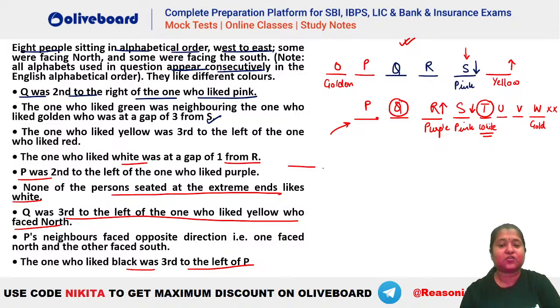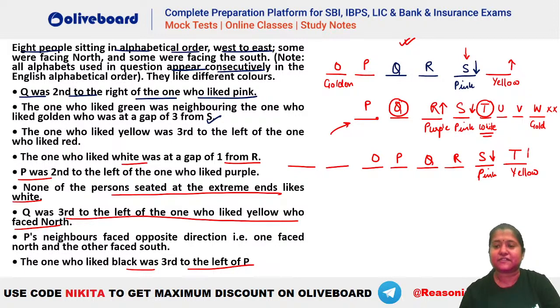अब कैसे प्लेस करोगे, the only possibility will be something like this 1 2 3 4 5 6 7 8, right. Let's say we have your P here, तो ये हम बनाते O P Q R S and then this is your T. S faces your south with pink, ठीक है। This is your yellow, this T faces your north, ठीक है, ये T होगा क्योंकि S के बाद आपका T आएगा, this is R, this is Q, this is P, this is O, O likes golden, ठीक है।